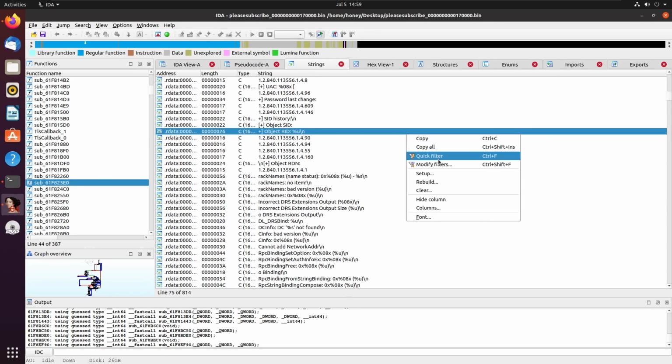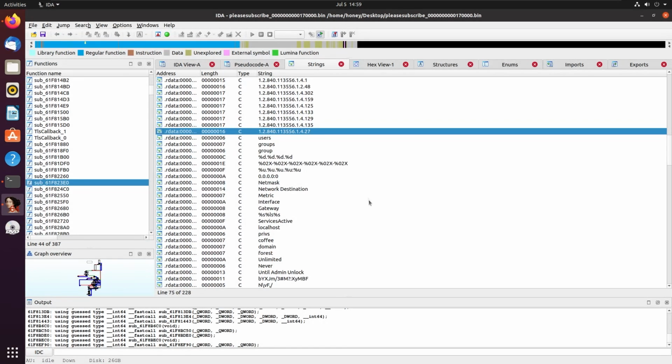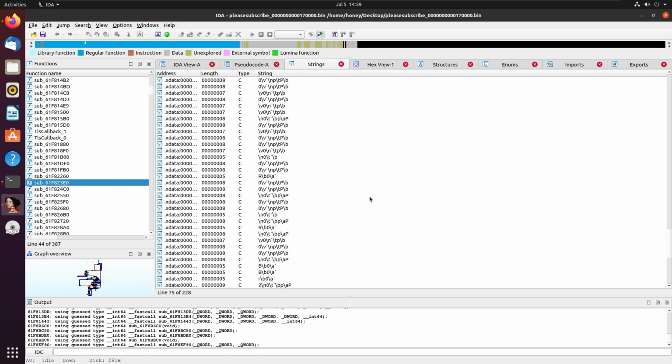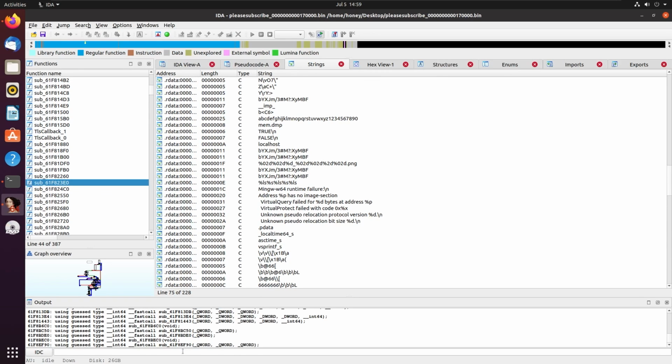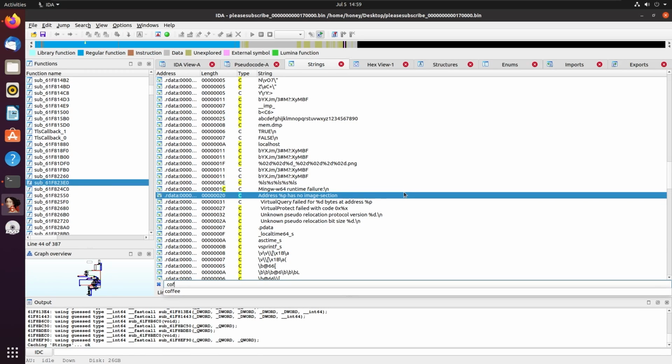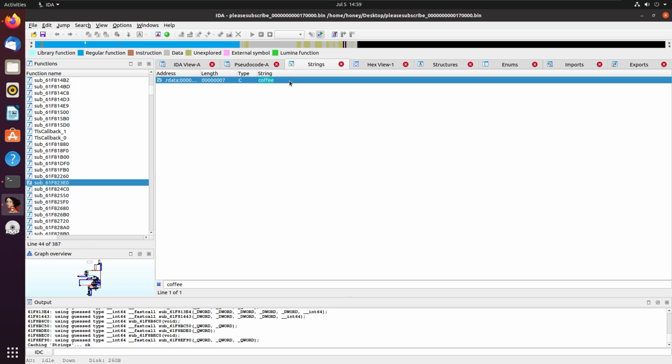I don't think it's default. I think it's set because I've used IDA before, but I think by default it's just set at C style, not 16-bit. But we don't have a whole lot of strings yet. We'll get to that in a minute. But there is one string that catches my eye, or the very first string that caught my eye in this